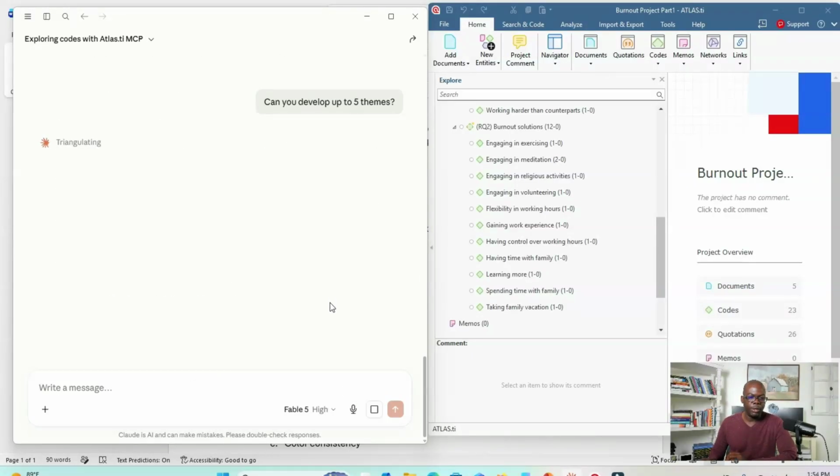You can give more information about what kind of theme you want. You can even say that a theme should be between 2 to 5 words, addressing the research question that you have, right? The more information you give concerning the context, the better. But the good thing is that the system has access to the whole project, so it knows what the project is all about. It knows all the quotations,